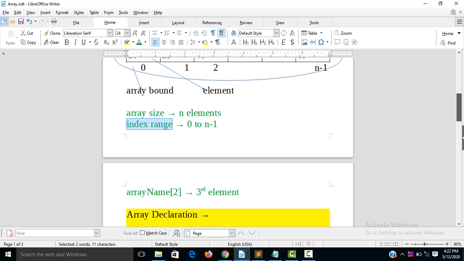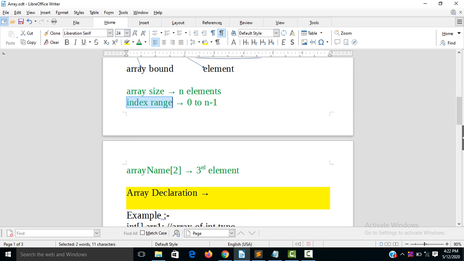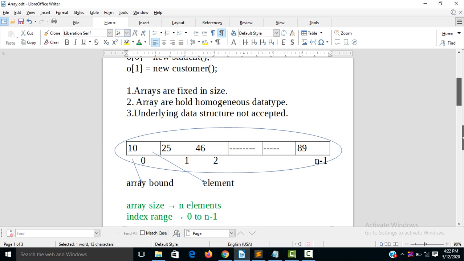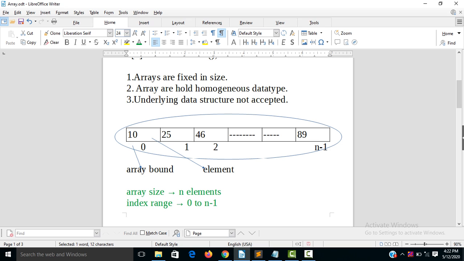Index range will be 0 to n minus 1. And array name 2, the third element, means we pass the second index in the array name. Second index means this one, whose element is 46, so the third element is 1, 2, 3.